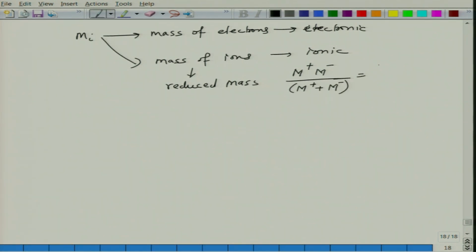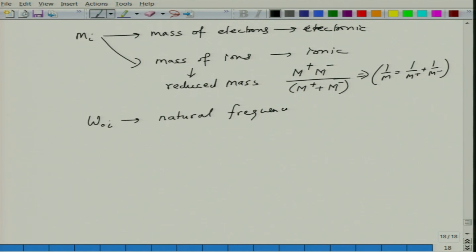So essentially it is coming from 1 over m equals 1 over m plus plus 1 over m minus. Okay. So m plus and m minus are the cationic and anionic masses, and similarly q_i will be as appropriate, that can be easily determined, and this omega_i will be the natural